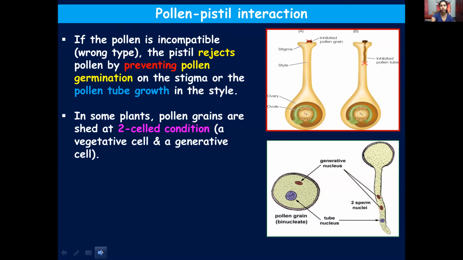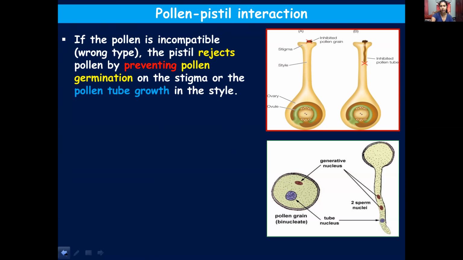Ma'am, can you repeat the meaning of incompatible? Incompatible means, suppose on a particular flower, pollen grains from some other species are falling on it. Cross breeding can be done artificially, definitely farmers do. But naturally, this will not happen. If pollen from some other species falls on the flower of a particular species, the pollen will not germinate. You wanted to know the meaning of incompatible, no?